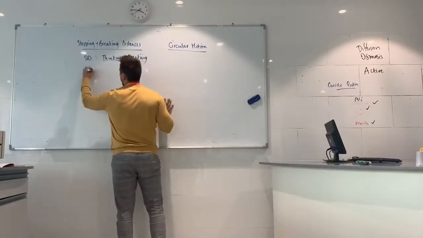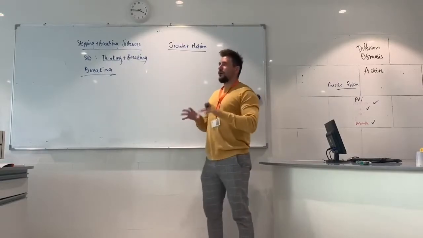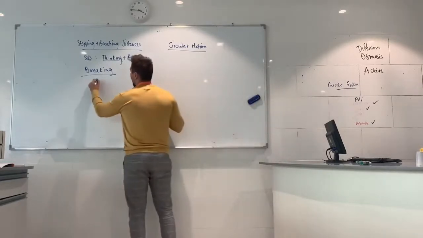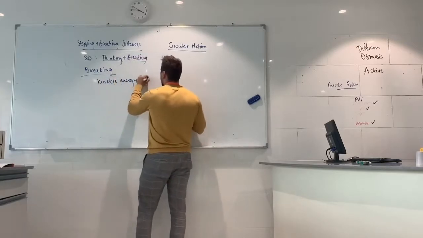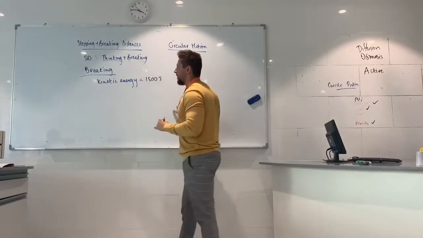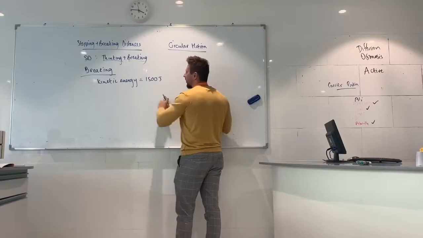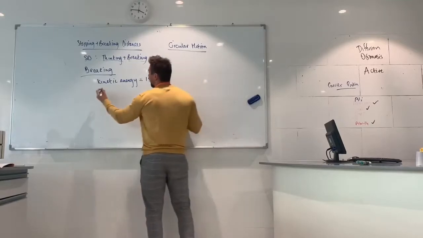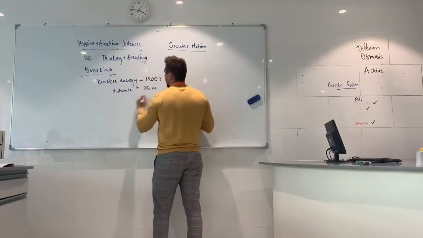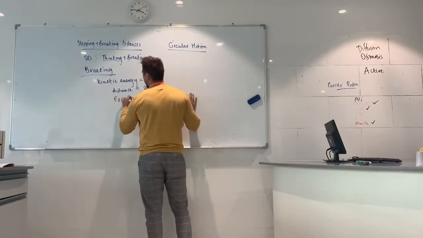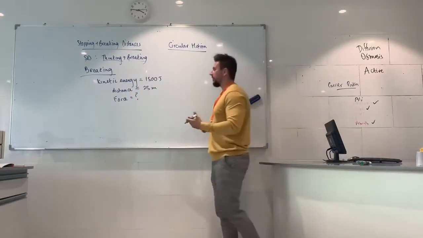Now, one thing that they could ask you about braking, okay, if you're travelling at a specific speed, you will have a kinetic energy of around 1500 joules, let's say, right? And then what they could say is, you're travelling at this speed, your kinetic energy is this, the car brakes. Now it says the distance taken to brake could be 25 meters. Calculate the force that the brakes applied to the wheels, yeah? What force was coming from the brake?